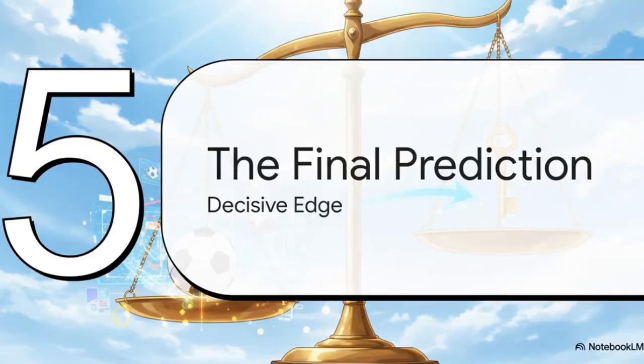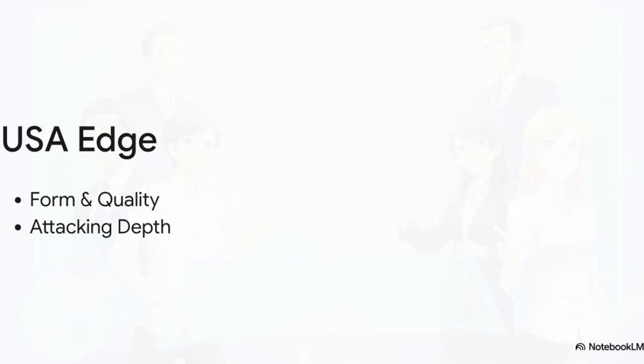Which brings us to Section 5, the final prediction, the decisive edge. So, the crucial point is, the analysis dictates the United States holds a slight edge in this matchup. Current form favors them, and overall squad quality gives them a statistical advantage. But there are two elements truly expected to tip the scales during the most agonizing, crucial moments of the match. Their attacking depth, that ability to bring fresh legs with lethal speed right off the bench. And of course, that deafening support from the home crowd pushing them forward when their lungs are burning.